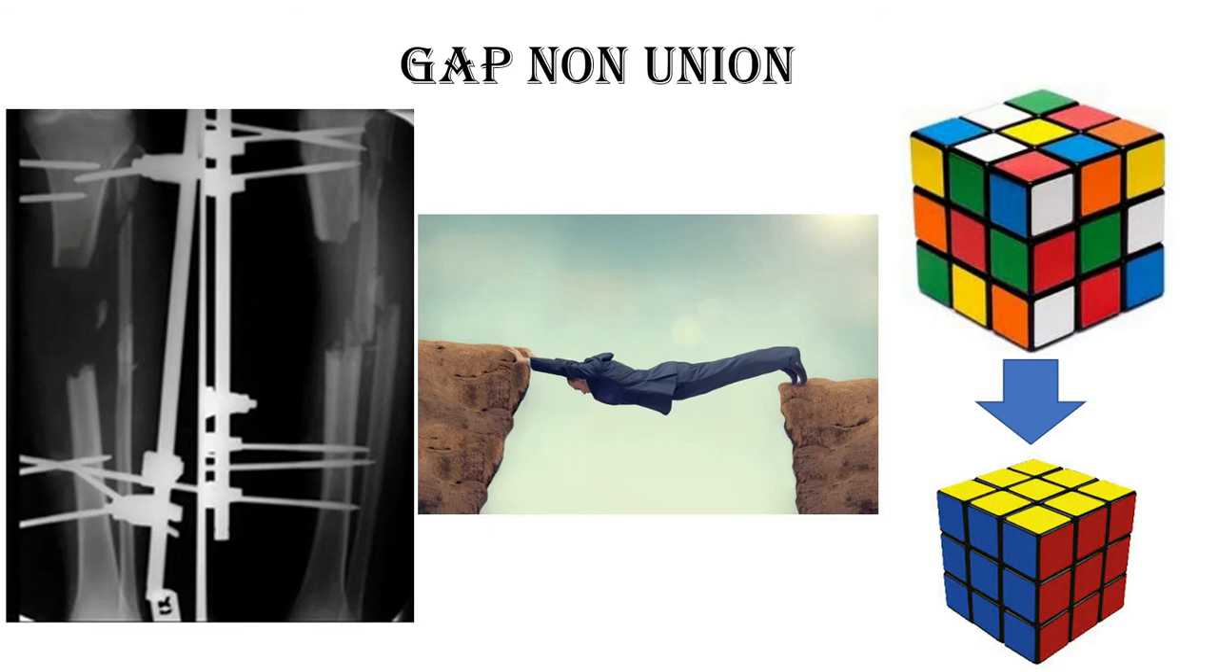But for lower limb, which is the most commonly affected bone during road traffic accident, bone loss will be very difficult to manage, and it has multiple consequences and problems, because in our living body, there is a tendency to fill the gap by soft tissue. Now, when you are dealing